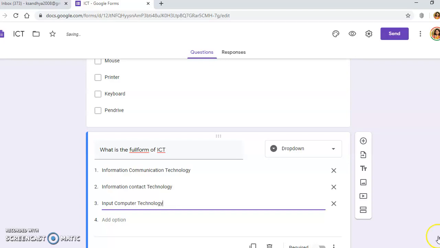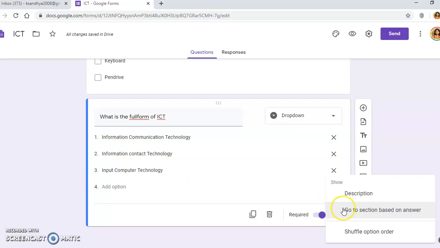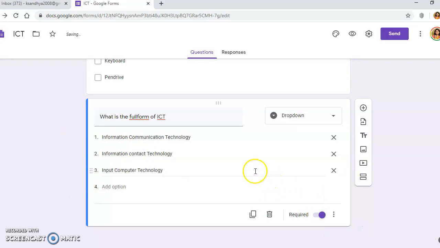You can give whatever number of options you want to add. Again, I will make this question mandatory. You can shuffle the options in every question paper if you want so your student should not copy. Here is one option, shuffle option order. So every time whenever the question will be there in front of a student, the answers will get shuffled.